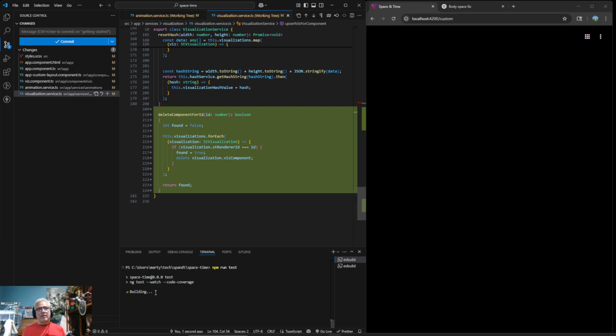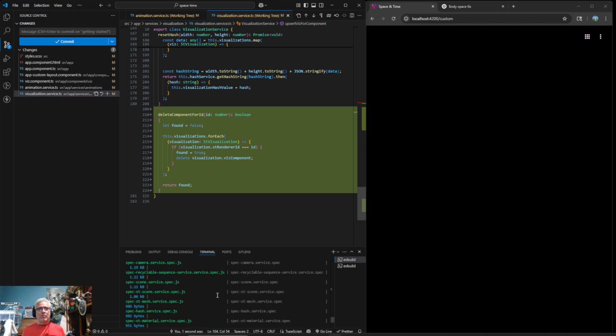And I don't know why it's taking so long to build. I feel like everything is slower in Angular since I upgraded to 20. I don't think this used to take this long. It's just weird that it's taking so long to build the application out.